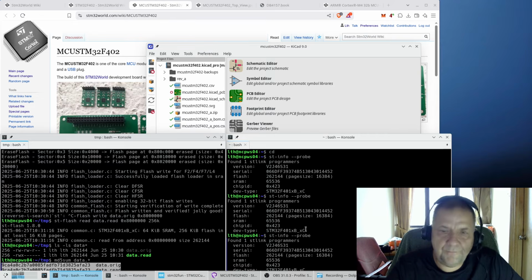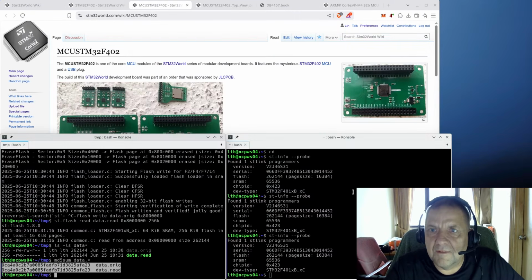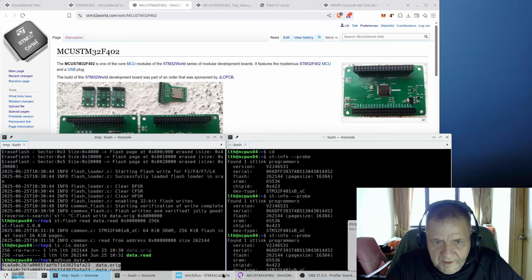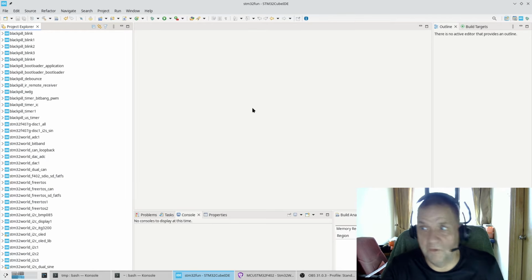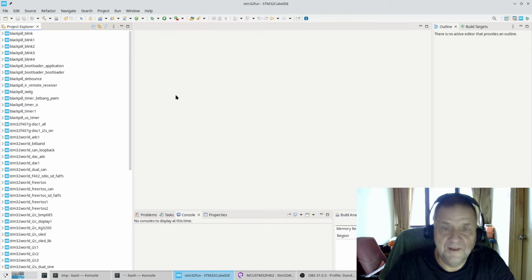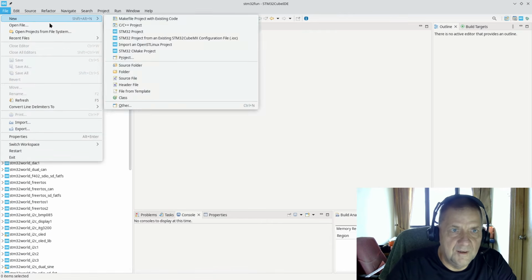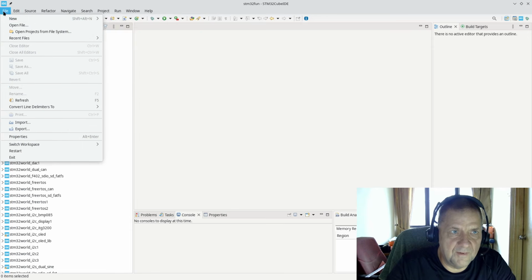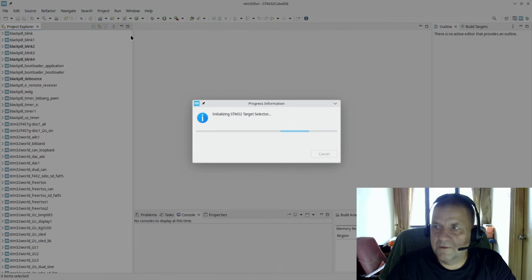So next step, let's kill that one. I don't need that. Next step would be to actually try to do something. Let's do our basic blink on this. So in this one, I'll start completely from scratch because I don't have another project I could clone. So let's start an STM32